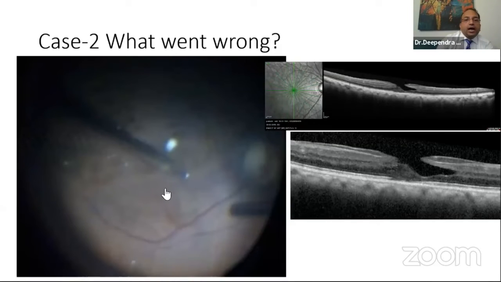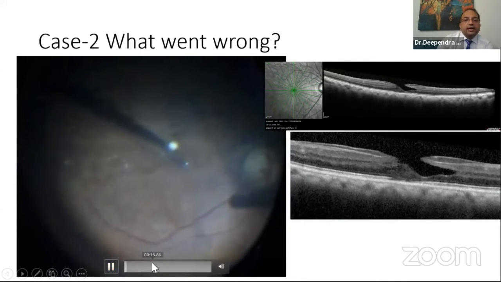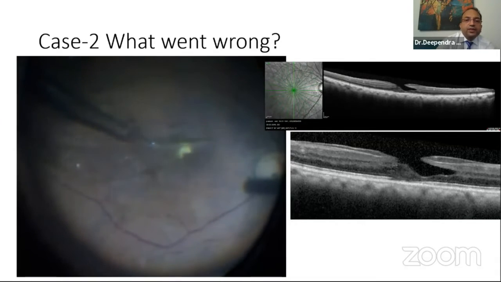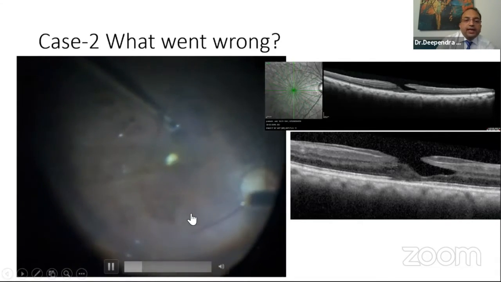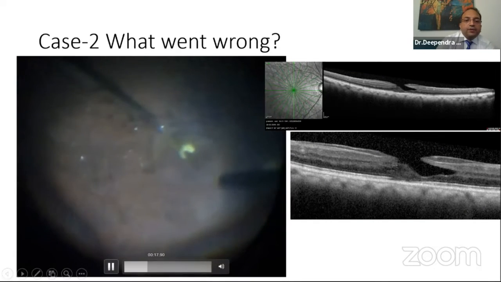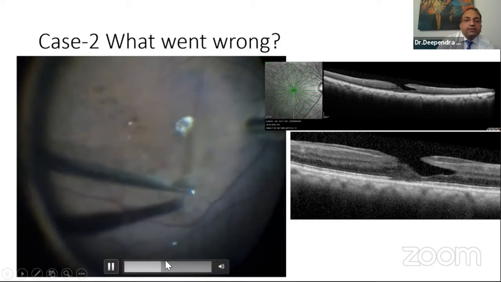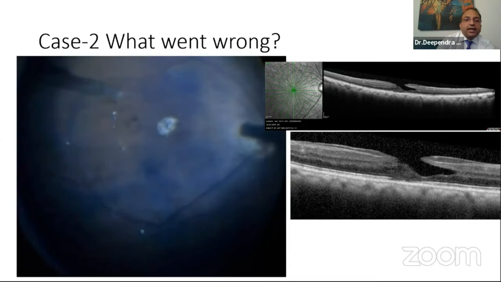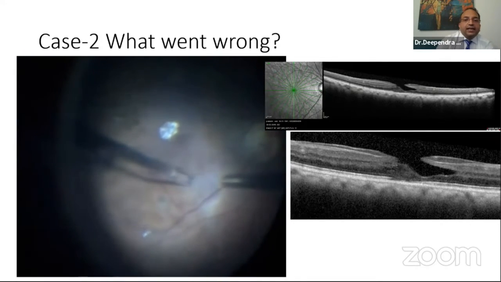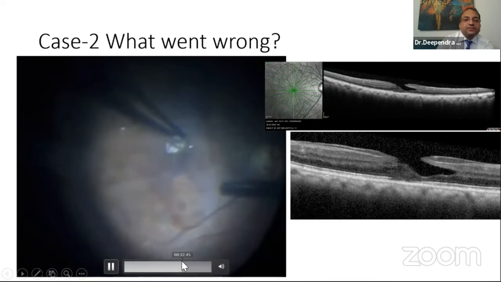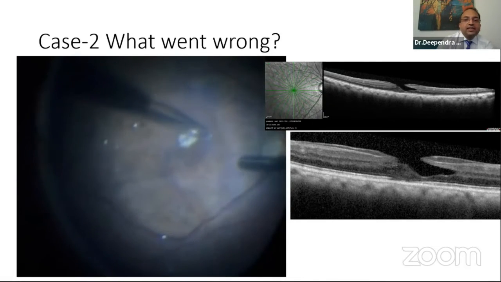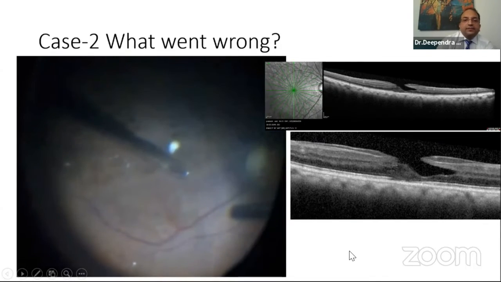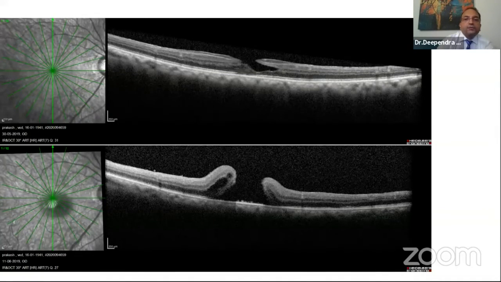So in our case, coming back, because we knew that this patient had LHEP, our plan was to spare the fovea, and we were planning foveal sparing ERM and ILM peeling. Unfortunately, you can see I was not avulsing this LHEP, but at the time when I was trying to aspirate the excess dye, I think I ended up sucking the flap, the ERM flap, and that probably led to avulsion. And even when I did an inverted flap for this case, as you have seen, we landed up with a post-op macular hole.